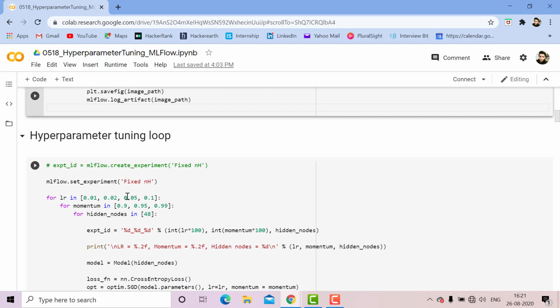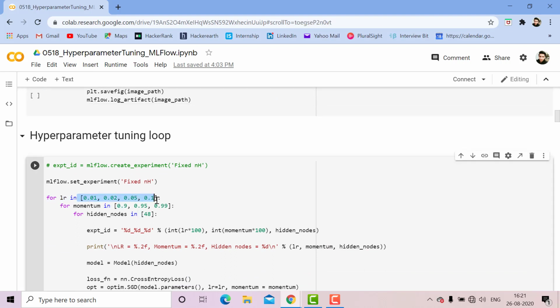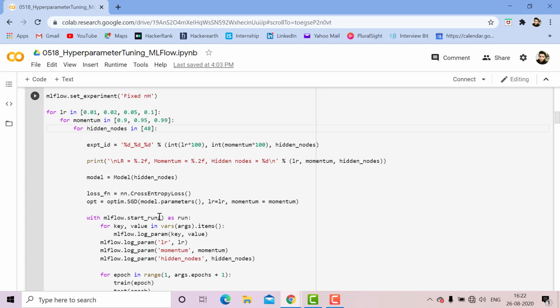Now hyperparameter tuning loop for lr in these values, and nested loop for momentum in these values, and next for loop which is for hidden nodes. Here experiment_id is equal to what you can see here.